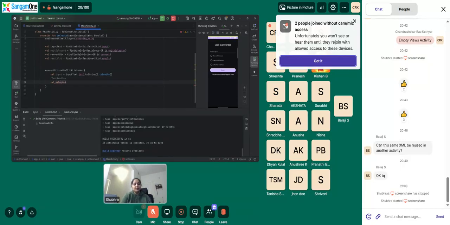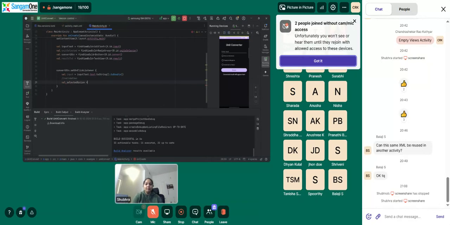The selected option will be something called units selected dot check radio button ID. So this is going to be the ID, that is going to be 0, 1, 2. Always, if you want to do a validation, -1 means that there is an error here, that the user has not selected anything. By default, it's going to be -1. So